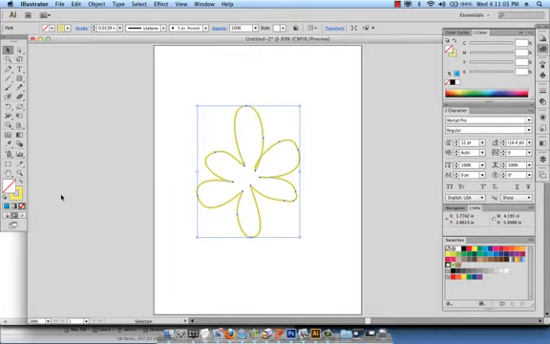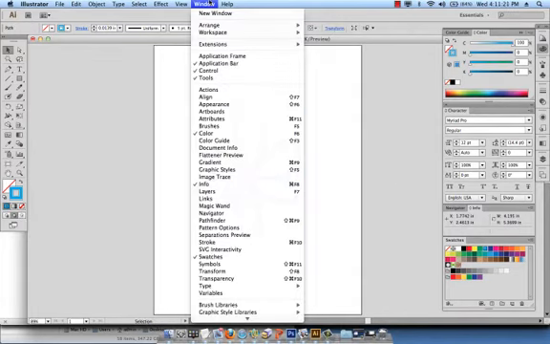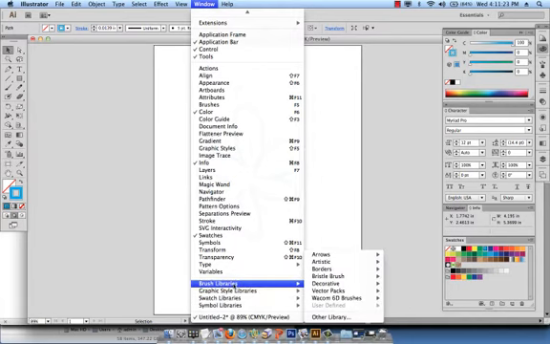Just by hitting X, it will be in the foreground, and now I'm able to color my daisy from yellow to blue. There you go. All right, so now what I want to do is make sure my flower is selected. So hit Command A and then go to Window, Brush Libraries, and you can see in this panel all sorts